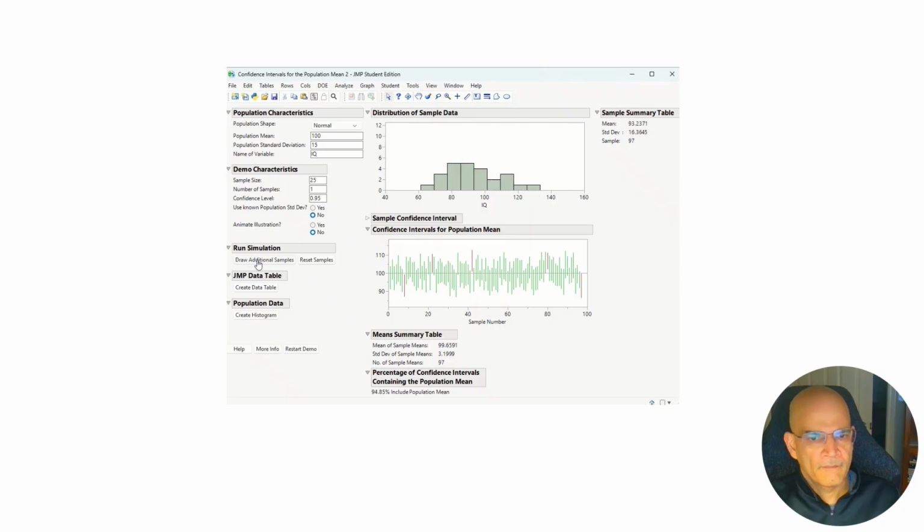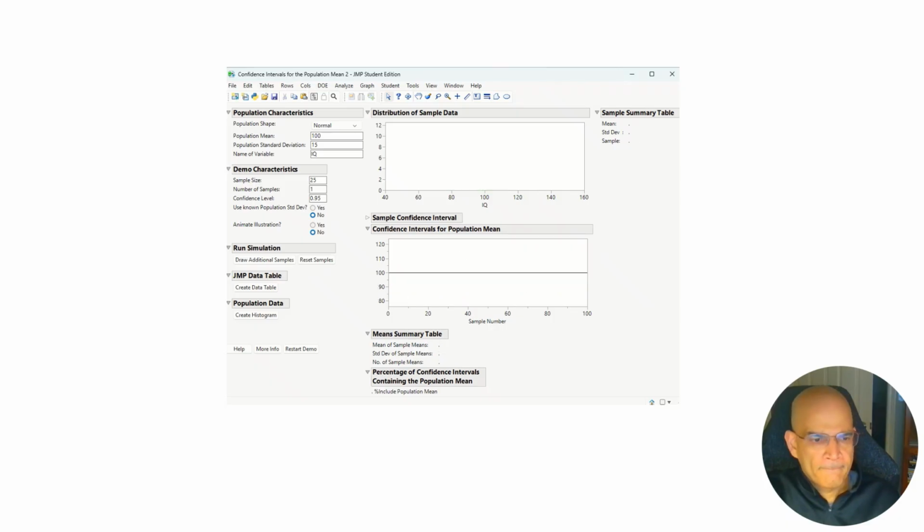It's not infinite, but as we go to 100, you can see that 95% of the confidence intervals contain the population mean. Okay, so this was an illustration of